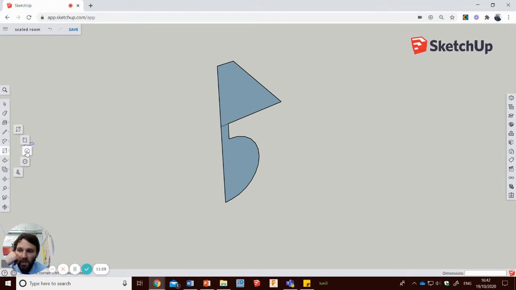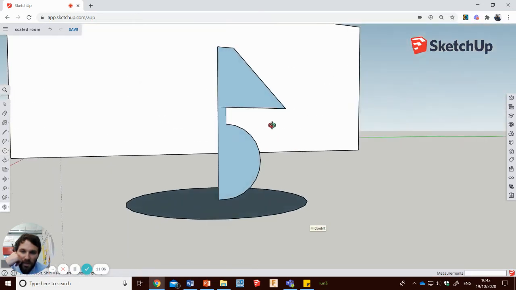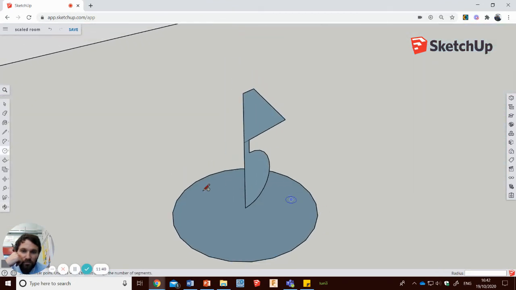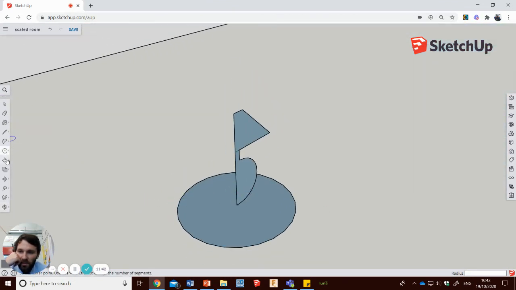I'm going to change the square tool to a circle tool. And on the bottom of this, make sure that I'm drawing a blue axis circle. I'm going to draw this out, so it's almost as if it's sitting on a circle. So then I will change my push pull tool to my follow me tool, and